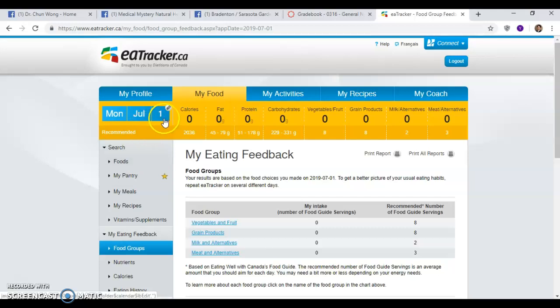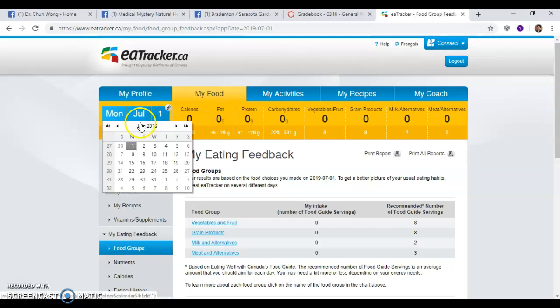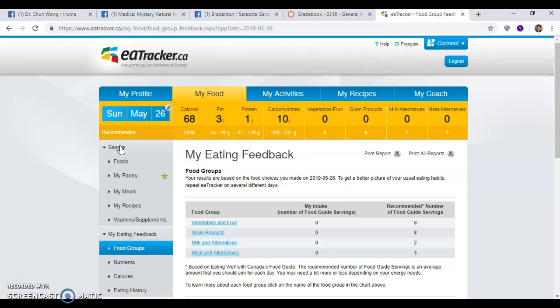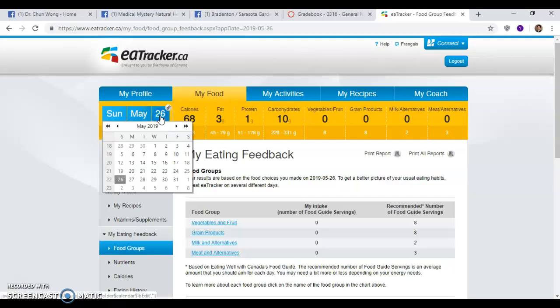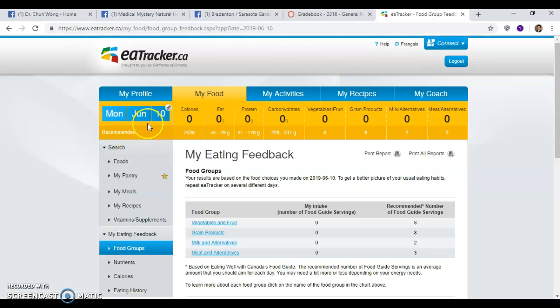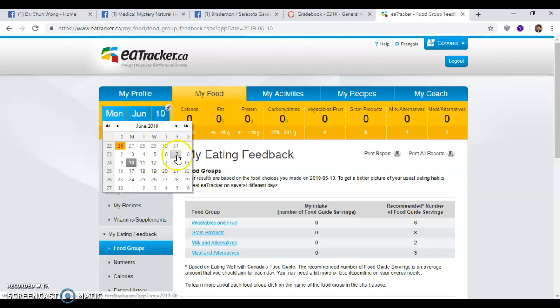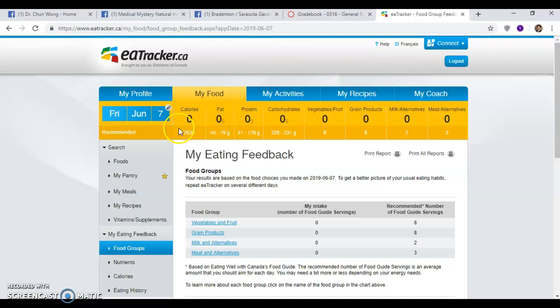I don't know when I input my data, but let's go to this calendar right here. I'm thinking that I have data here on the 26th, and for this reason it's highlighted in yellow. So let's click it. No. Let's try again. Maybe it's on the 10th. No, not on the 10th. Let's try again. Okay, so I cannot find my data, but what I'm going to tell you is, for example, June 7 is